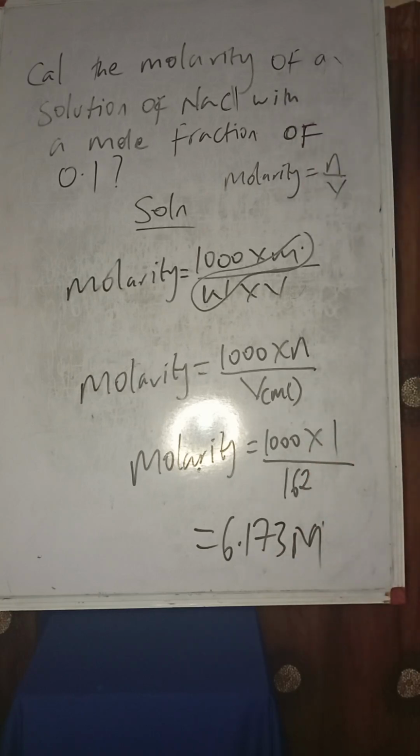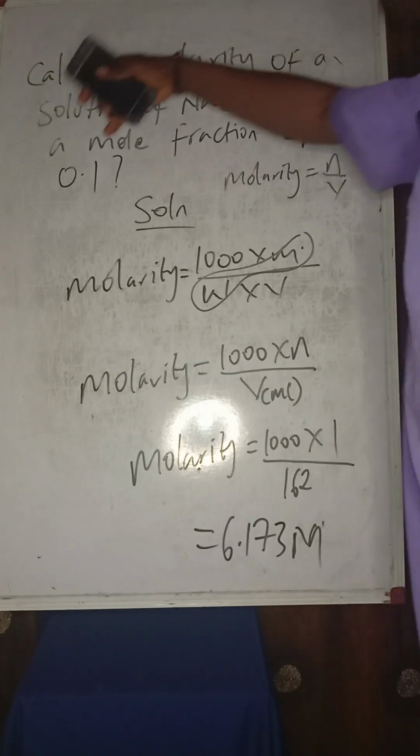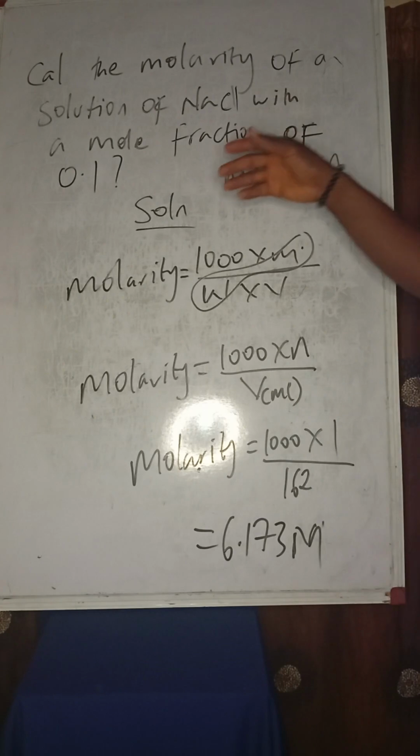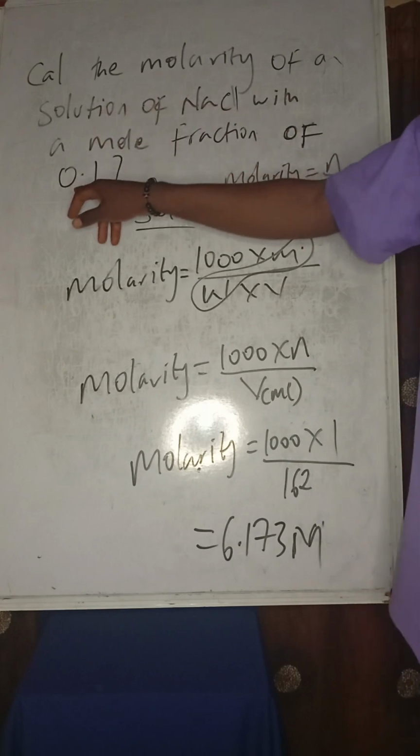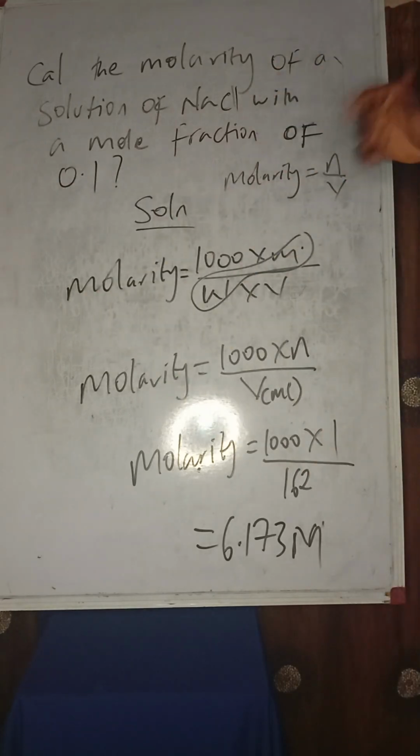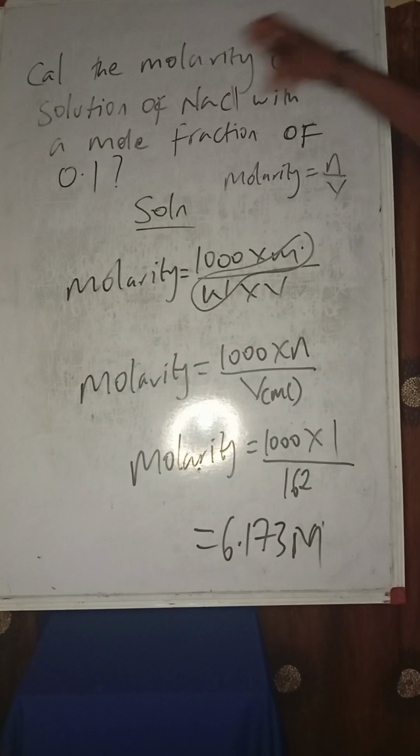So I recall, what did I do again? I assumed that the total mole is 10. I can assume that the total mole is 1. Or if you are confused, just assume that since the mole fraction of NaCl is 0.1, just take the mole of NaCl to be 0.1 and take the mole of the solvent as 0.9. You can also work with that. Then what you do is that because it's NaCl, the solution is usually in water. So this question can be of an aqueous solution, or this question is supposedly to be of an